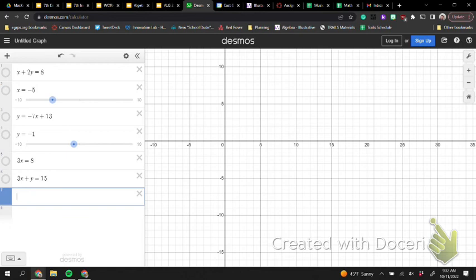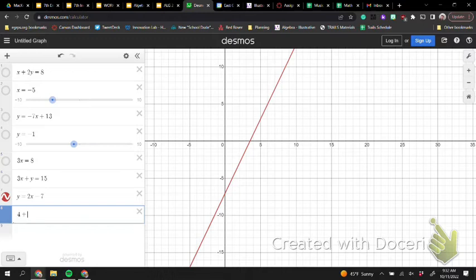Y equals 2x minus 7. Okay? And then 4 plus y equals 12. And that system crosses at 7 1/2, 8. 7 1/2, 8. So you just jot that down next to it. What was C again? I don't remember. 2 2/3. Okay, so now that we got all these answers, what we need to do